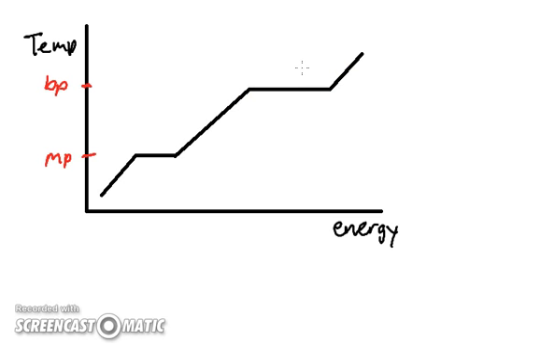So again, we have 5 major regions here. We could number them across as 1, the first slanted region, 2, the flat region after that, 3, the slanted region, 4, another flat region, and then 5, another slanted region after that. And we can also think about these in terms of what state of matter exists during that region. We know that regions 2 and 4 are changes of state, and since the change of state that happens at the lower temperature is going to be the melting process, that means that we have a solid going to a liquid